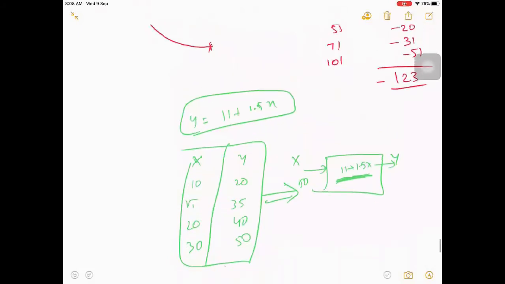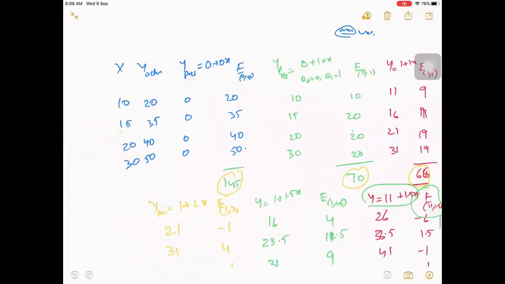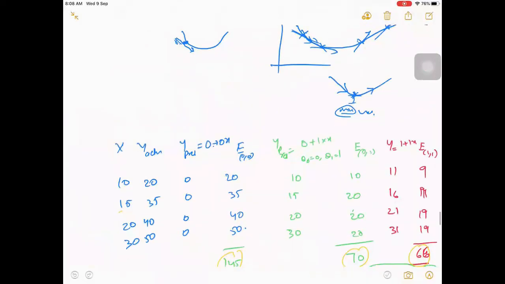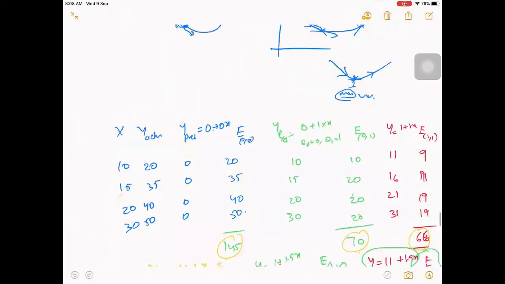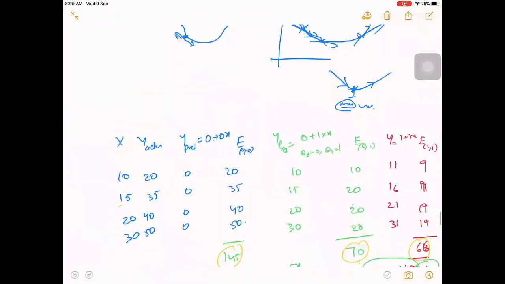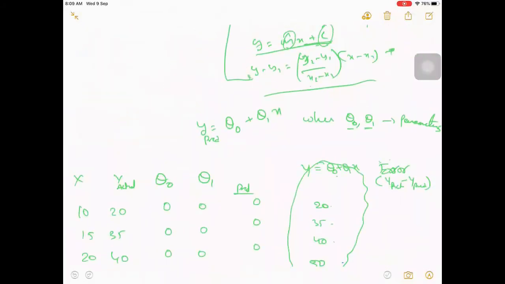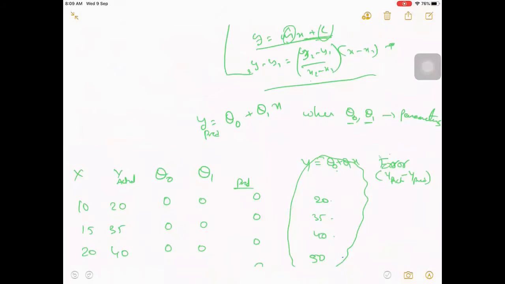Like in the last session, we took an example of a few data points and tried to derive a relation between x and y. So if you remember, let me recall it in 2 minutes. We took the relation between x and y as something like theta naught plus theta 1 x, where theta naught and theta 1 are what we have to find out.